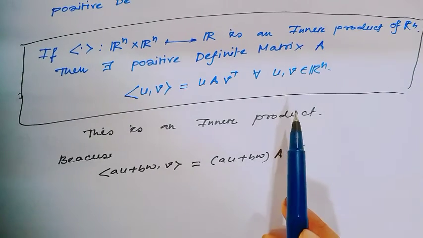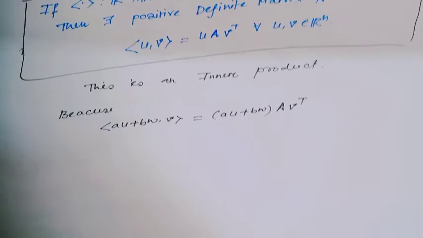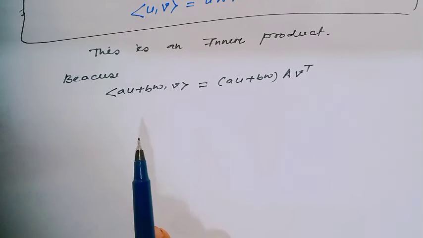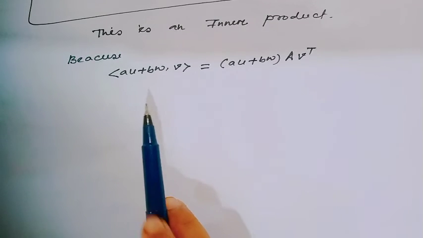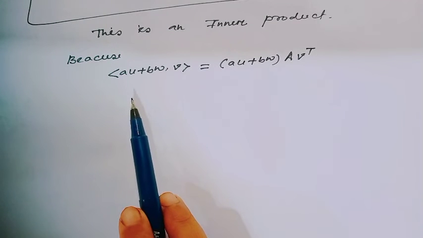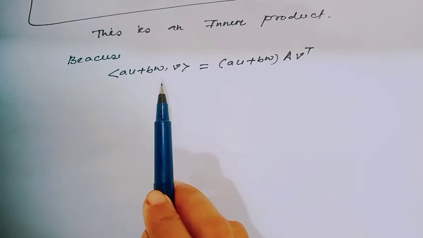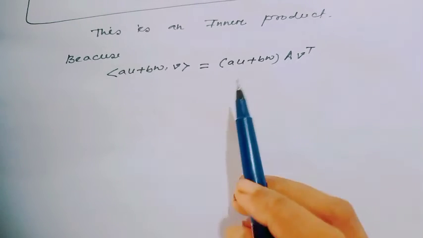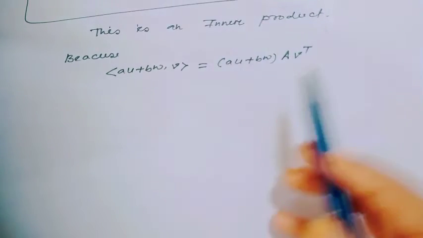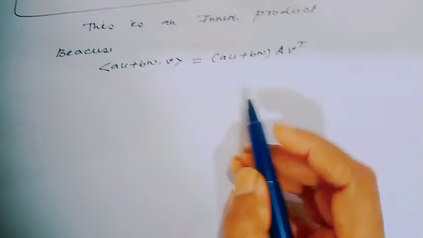Now let's verify that any positive definite matrix gives an inner product. This is a very easy type of proof. For competitive exams, this type of proof is very important. So, just see the proof. First condition is linearity. Here, I have combined these two conditions, multiplication and addition. Inner product of aU plus bW comma V equals, by definition, (aU plus bW) times A times V transpose, which